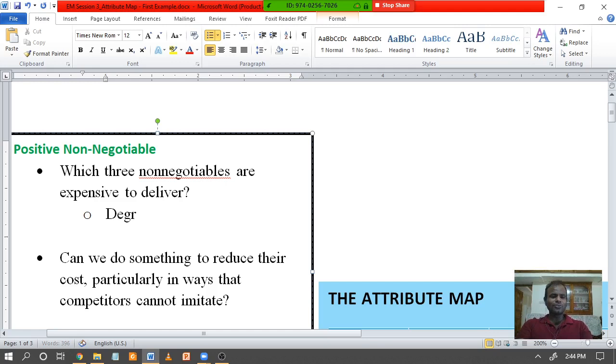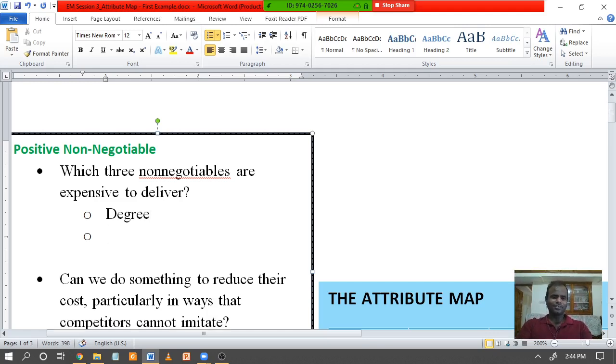Basically, you all join the university to get a degree. What are the other non-negotiables that you expect from the university? Means if I join the university, I should have it. I'll not compromise on it. Good communication skill, leadership quality. Okay, now that is personal, but in the sense, what do you expect